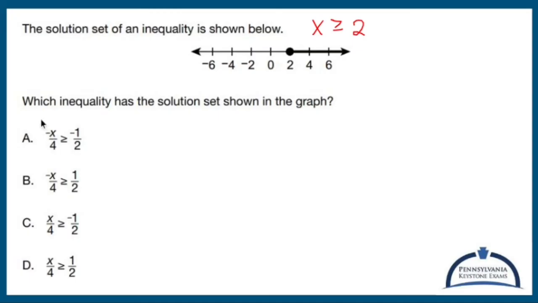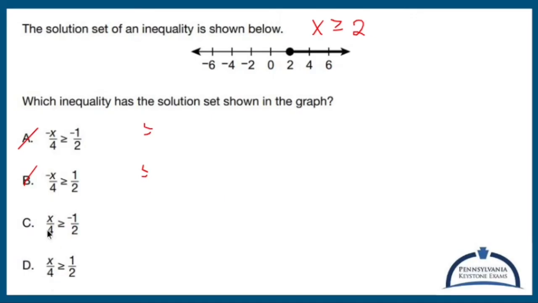So I need to figure out which one of these is the same exact thing. What I'll do is solve each one of these individually and see which one gives me x is greater than or equal to 2. Unfortunately, I don't have a whole lot of trickery going on here. Like I don't have any different signs. But I will say this: A and B would force me to multiply or divide both sides by a negative, which would require me to flip that sign, and the same thing would happen here. So I'm not going to try A or B because I know neither of those will work.